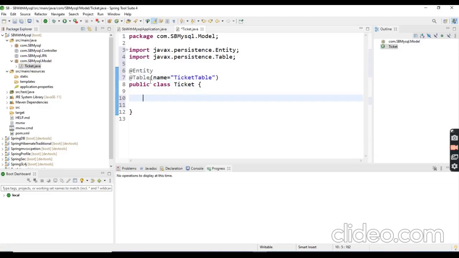Then I am going to create the properties, which are the table columns. Whatever columns we define, we need to create as private. If you did not write the table annotation, the Spring Boot application will take the class name as the table name.